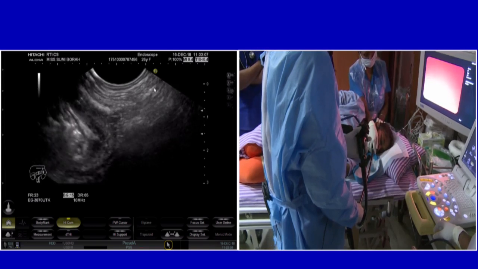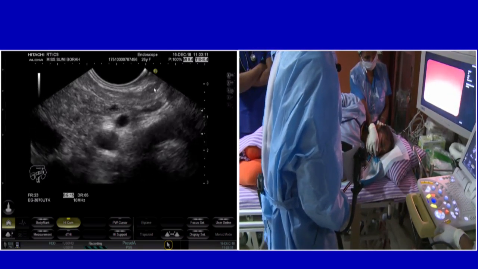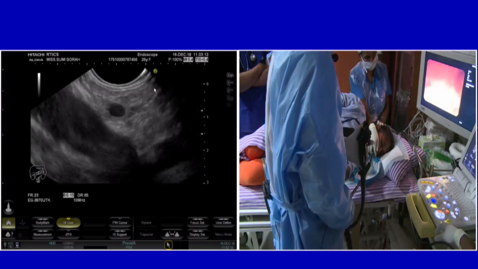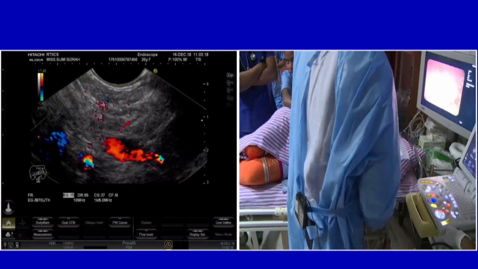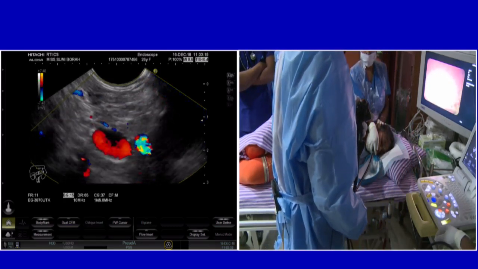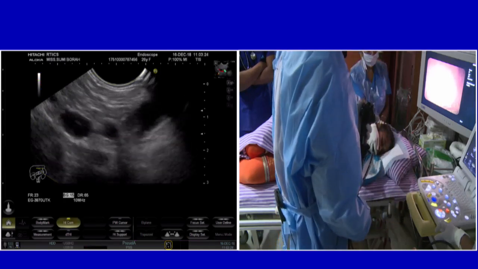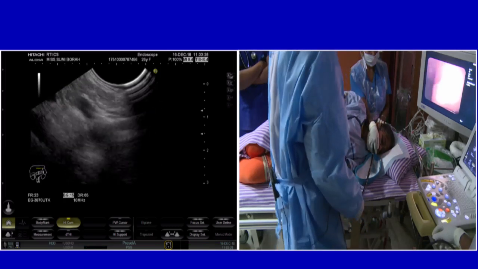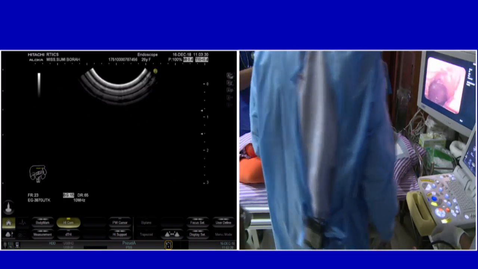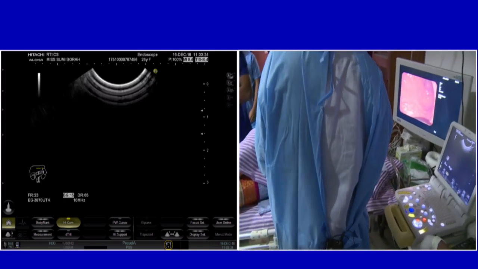but I could not find it, and I may have slipped out. Yes, I did slip out. So in this process of slipping out, I found out that there are several cysts in the body, and this cyst that I am seeing is the same cyst that I had mentioned near the neck of the pancreas while we were going in. So we have another last technique, and that is to go into the duodenal bulb, and